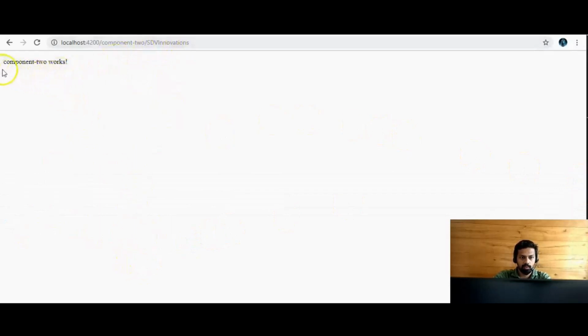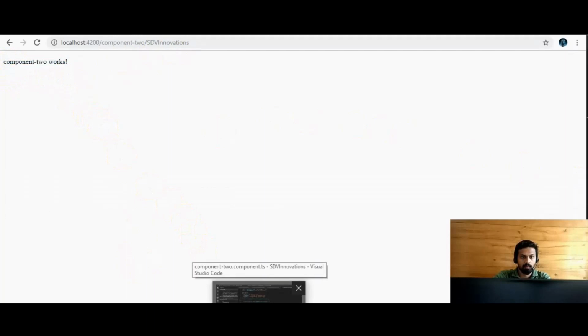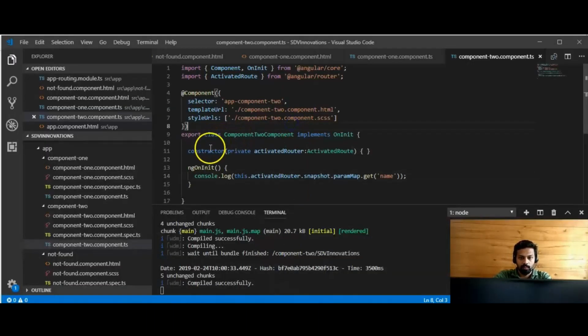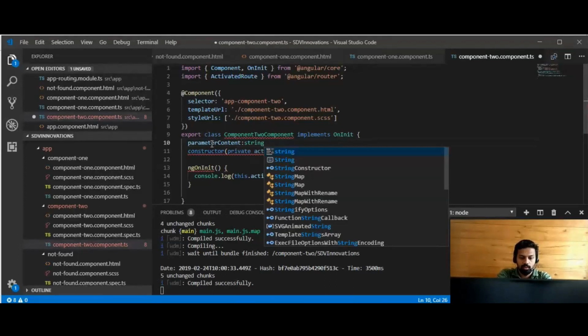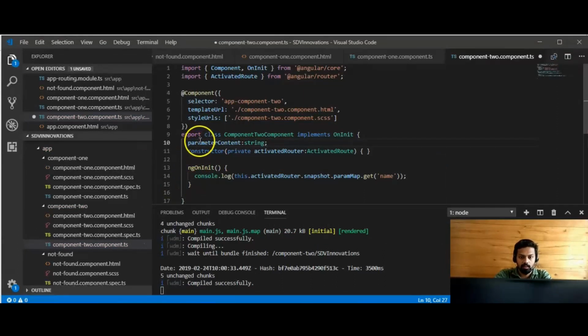and we need to display the parameter below the content in the app component 2, so just declare a variable parameterContent, and it's a string, so add type string, press save, and assign the content to this variable like this, and save,